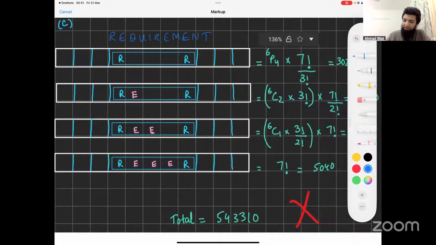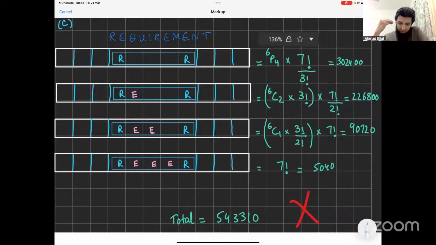And we wanted exactly 3 letters between the 2 R's. ओके, सो आपने एक क्या किया, आपने उसको एक बड़े बॉक्स में डाला और आपने कहा एक केस ये है कि कोई भी E दरमियान में नहीं आ रहा. अगर कोई भी E दरमियान में नहीं आ रहा तो 6P4, बाकी 6 में से. ये 6P3 होना चाहिए था आई गेस, है ना। 6P4 क्या कर रहे हैं. वो जो बाकी के 6 हैं, उनमें से सिलेक्ट कर रहे हैं 3 तो वो विदाउट E वाले। 3 है ना वो तो. हाँ, यहाँ पे 3 आ जाएगा।